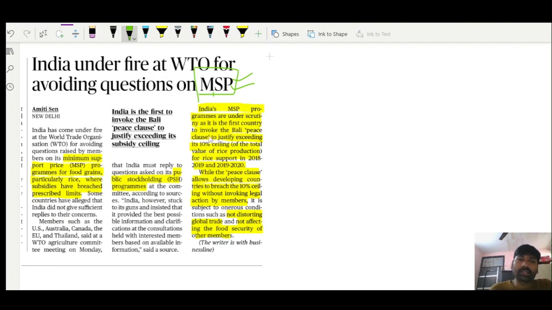So see, the WTO provides some flexibility to developing countries. The flexibility is that the total subsidies provided by the government to the people for a particular sector should not exceed 10%. However, the MSP exceeds the 10% threshold provided by the WTO. However, several developed countries like US, Australia, Canada, European Union, and Thailand have been opposing India's excessive MSP and procurement because